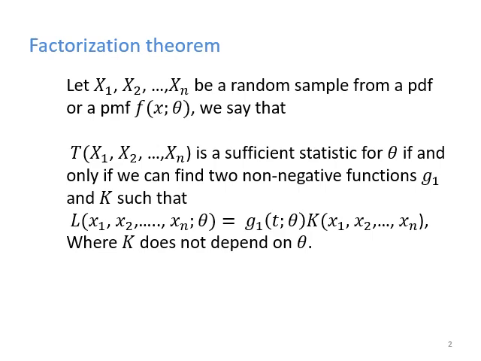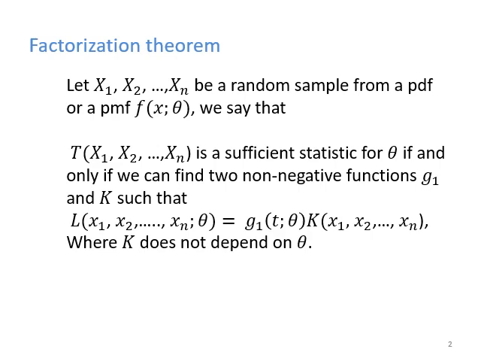The factorization theorem says that if we have a random sample from a certain distribution, whether it is a discrete distribution or a continuous distribution, and if t is a statistic for theta, of course t depends on the observations x1, x2 till xn, then we say that t is a sufficient statistic if and only if we can find two non-negative functions, we call them g1 and k, such that the likelihood function can be written or can be factorized as the product of the two functions g1 and k.